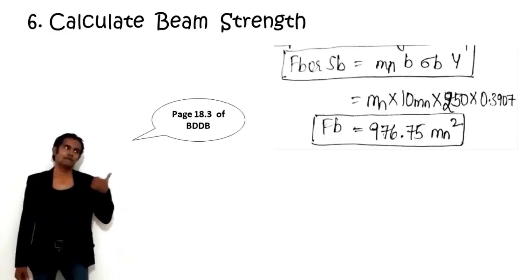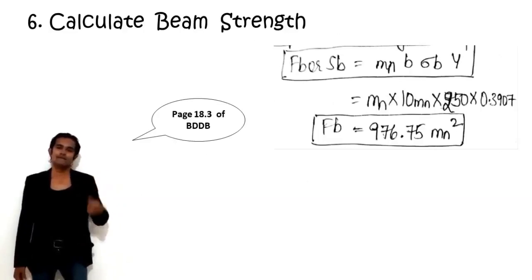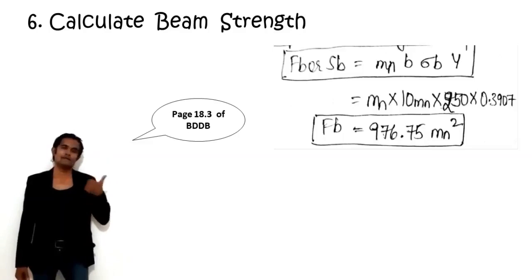Next, I have to calculate the beam strength. The beam strength formula is Mn B sigma B Y dash. Mn I don't have. B is given in the numerical as 10 times the normal module, 10 Mn. Sigma B I found out as 250, and Y dash I just found out as 0.3907. So once I put everything into the formula of beam strength, that is FB or SB, I'm going to get the value as